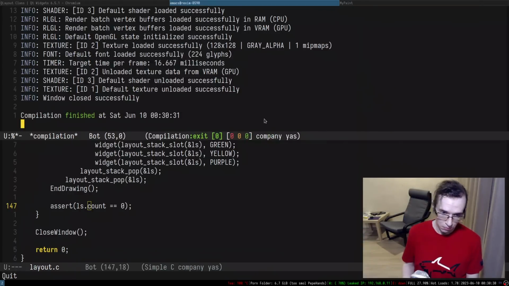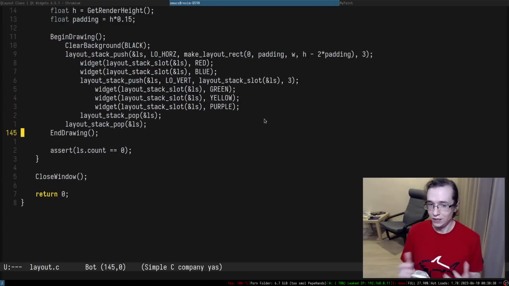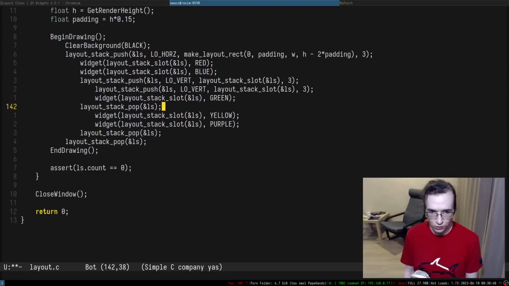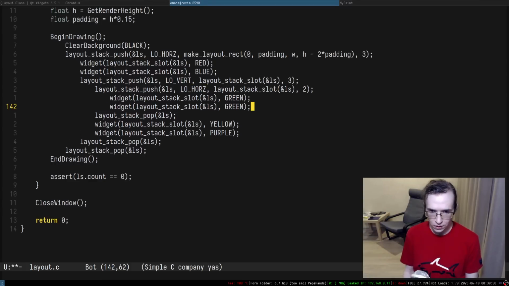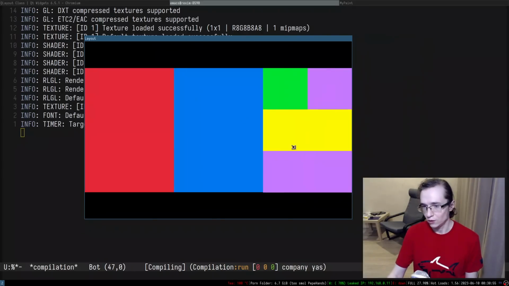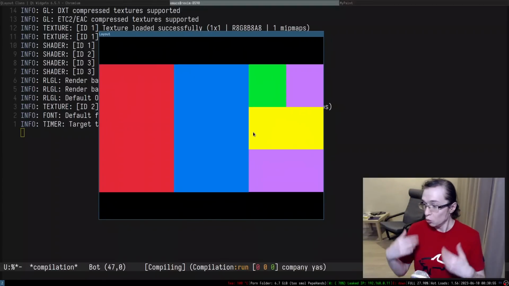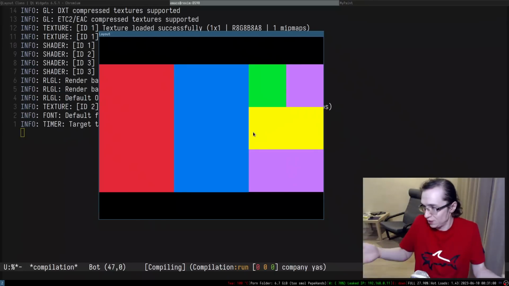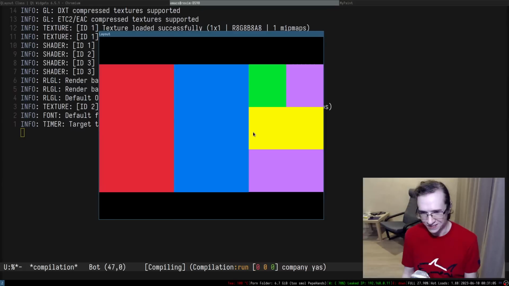And what that means, by the way, is that we can subdivide this even further. Who said I can't just take green and subdivide this thing even further? So this one is going to have 2, but it's going to be horizontal again, so it's going to be horz. And here we're going to have purple or whatnot, so there's going to be 2 of them. There we go. Now we subdivide it even further, and we can make it more and more complicated. We can just keep subdividing it. Isn't it cool? I think it's pretty cool.